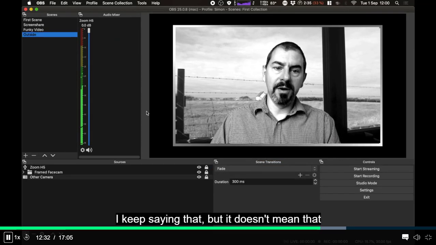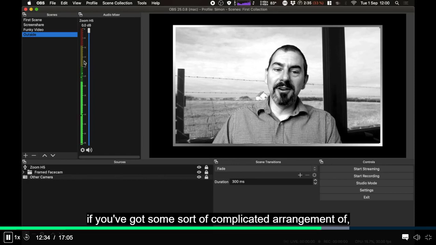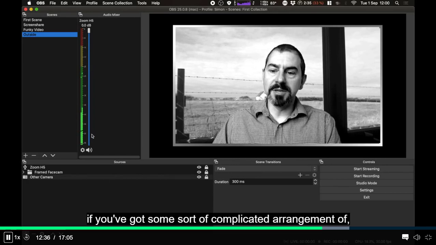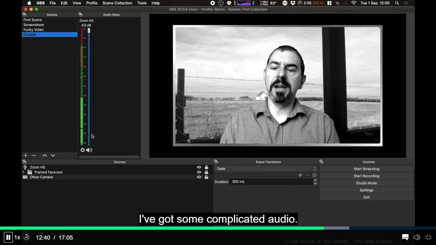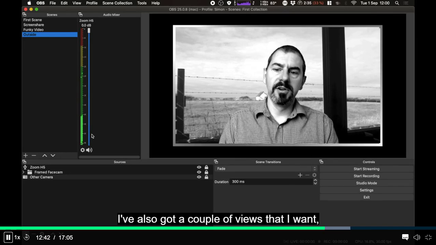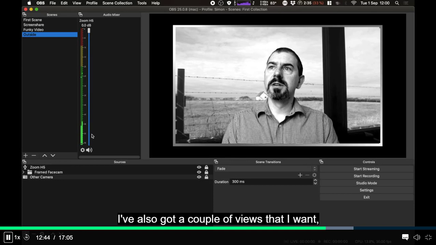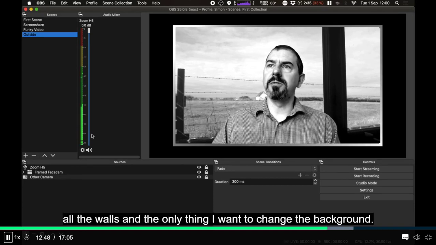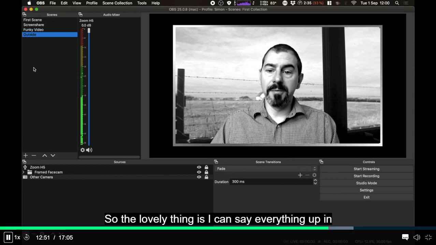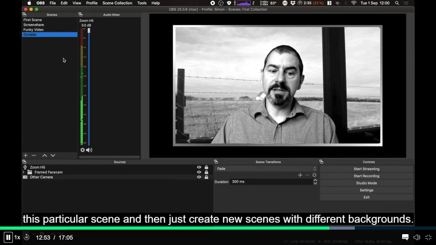It does mean that if you've got some sort of complicated arrangement, so for my piano streams, I've got some complicated audio. I've also got a couple of views that I want, but I want to change the background all the while. So the only thing I want to change is the background. So the lovely thing is I can set everything up in this particular scene and then just create new scenes